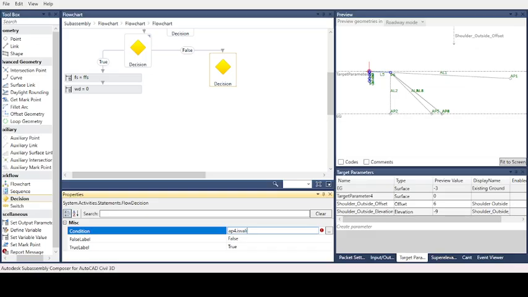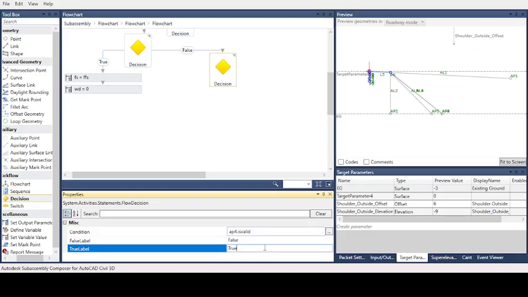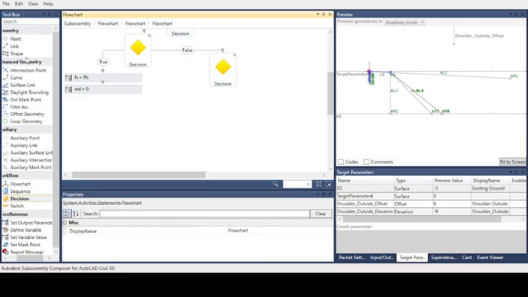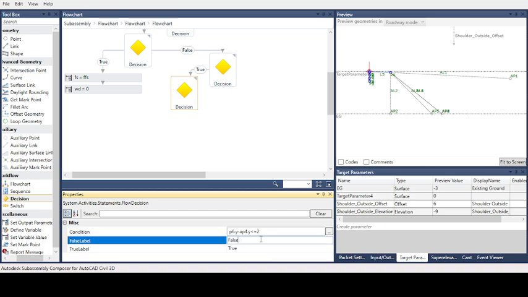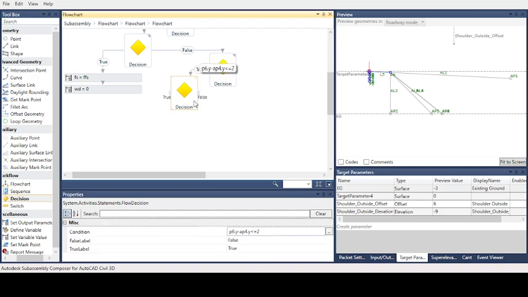If it is valid, we will add a decision: P6.y minus AP4.y less than or equal to 2 meter. If it is true, we will set a variable for this.